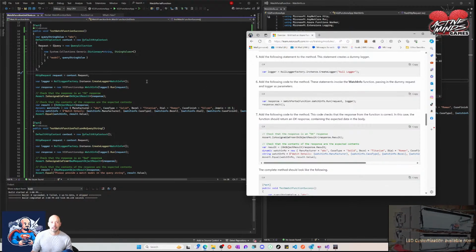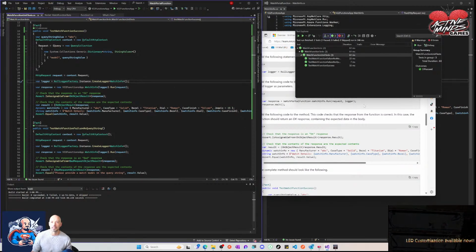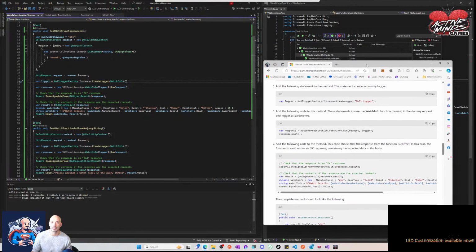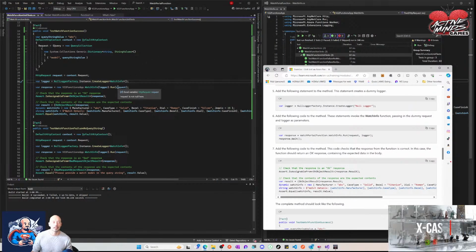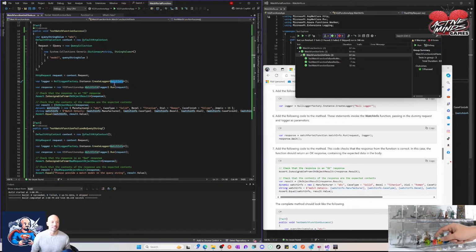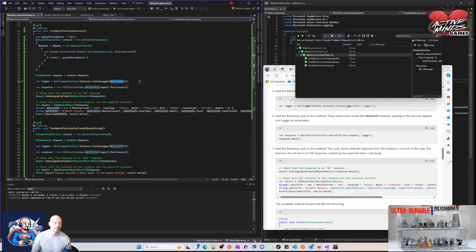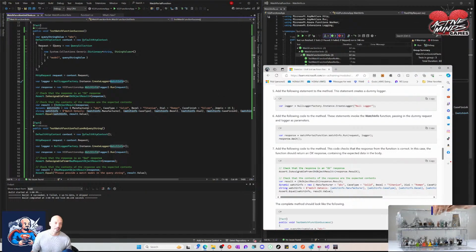And then the logger issue, boy, this one had me going for a while. I could not figure out creating the logger with this watch info. I didn't know how to do this. Ultimately, it kept saying you need a different kind of object, and I was like, well, what do you mean? I need an object, whatever. It was just giving me a weird error, and I was looking around, and it turns out that this declared